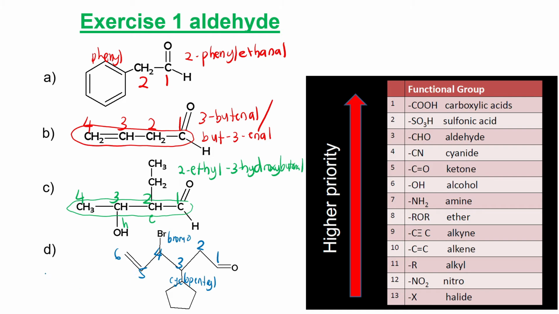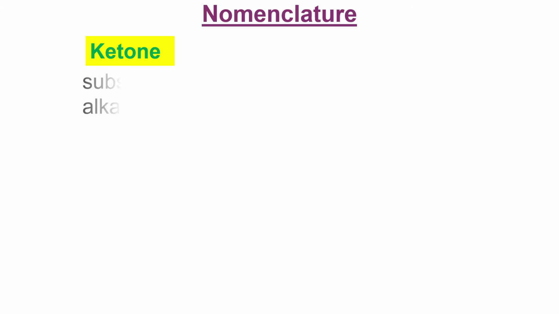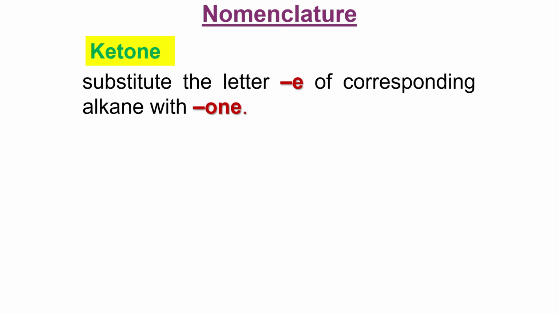So we have bromo first. So 4-bromo, B, 3-cyclopentyl. Okay, longest carbon 6, so hex, carbon number 5 has a double bond. So 5-hexenal. So then we proceed to ketone. The IUPAC name for ketone will end with